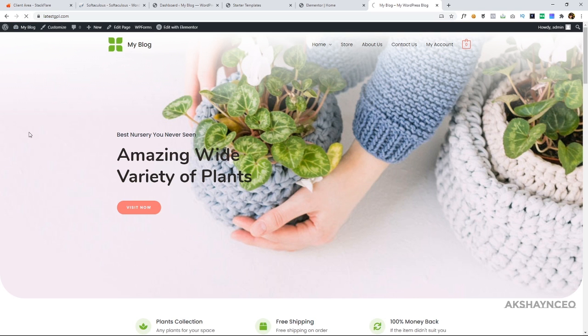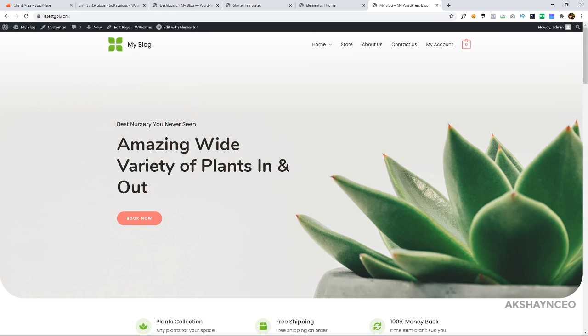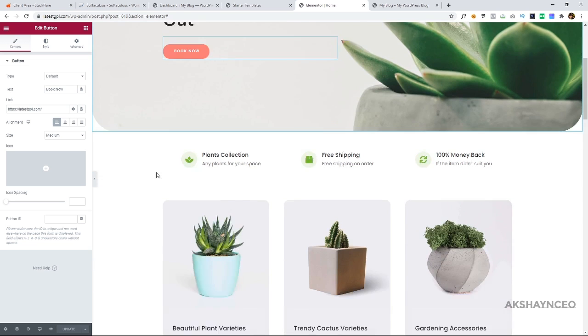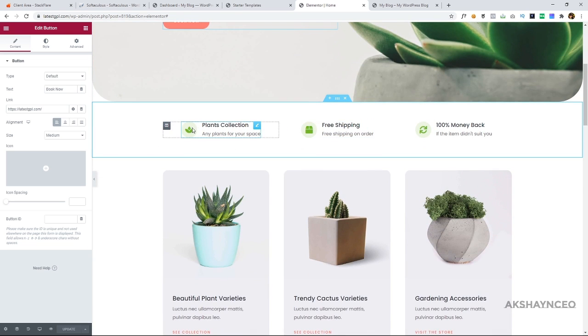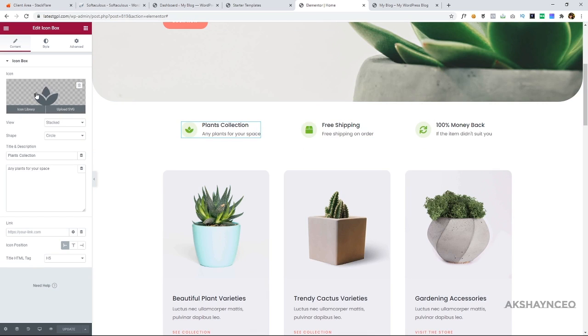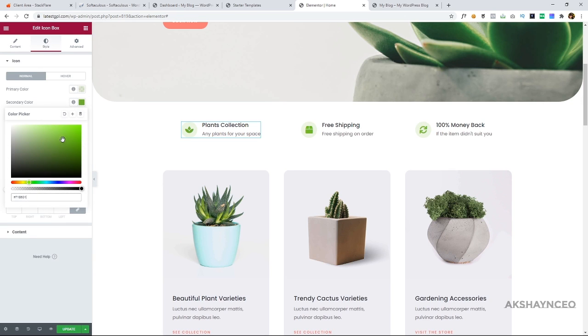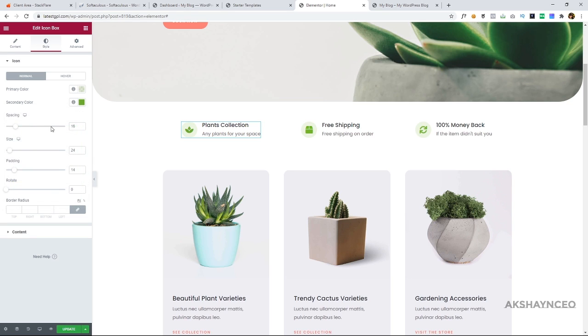If you refresh your website, you will see the text has been changed, the image has been changed. If you click on this, it will load the link that you put in while editing the button. If you want to edit this, the same stuff goes on: click on edit, change the image, change the text, change the description, and in the style you can also change the colors and the spacing and the size. It's a simple drag and drop editor in WordPress which makes it easier.